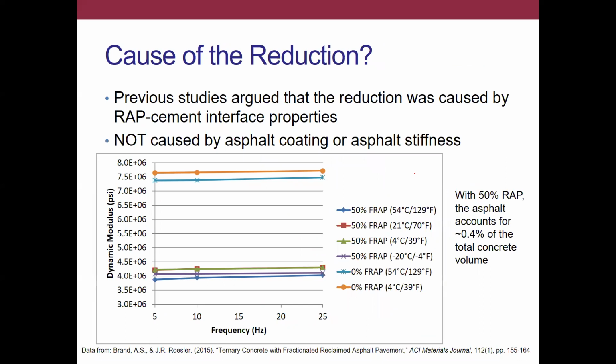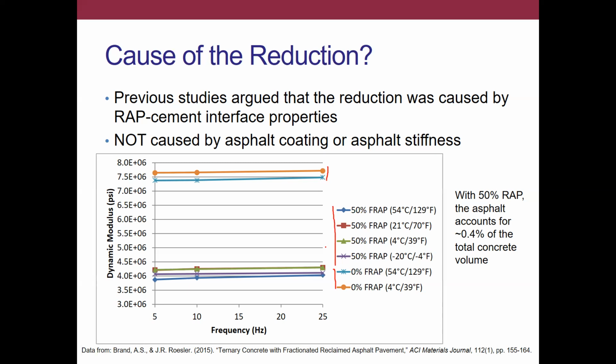Now, one of our early concepts, one of our early ideas was the simple thought that, well, asphalt has a lower modulus than the cement matrix or your aggregates. And while that is true, we found that that was not likely to be the dominant cause here. It may have an effect, but it's not the dominant cause. So what we're looking at here is, first off, we do have the control mix. This was with a dolomite coarse aggregate, no RAP. And then we took our mixture that contained 50% coarse RAP, all right?